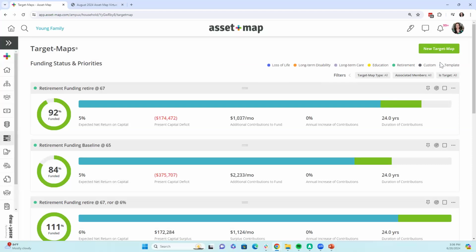The only difference of what we've done is that the funding color bar here used to align with the type of target map that it was. So if this was a retirement funding target map, this would be green. The funding bar would be green, indicating it's a retirement target map. And this would have been green as well. So the key thing to remember is that we wanted to take that away